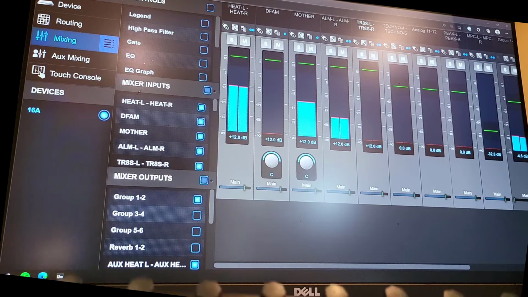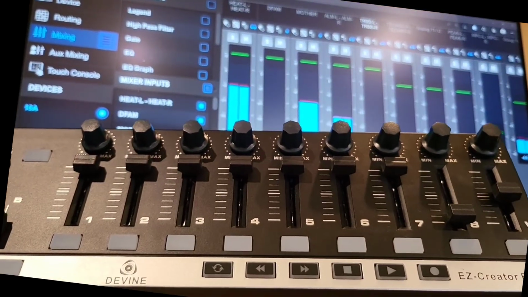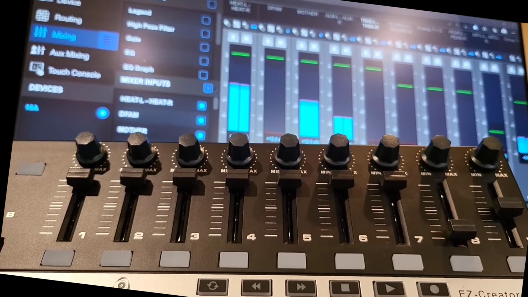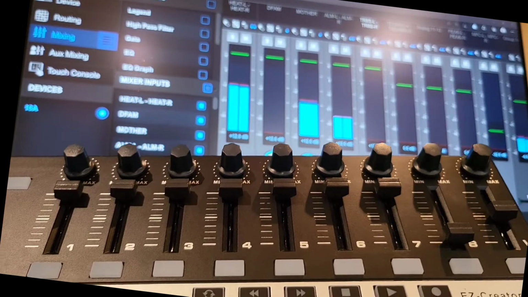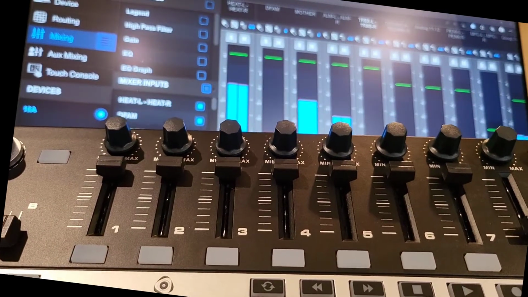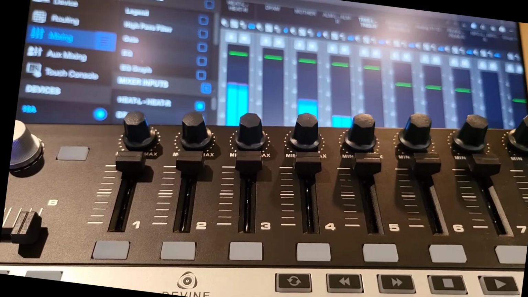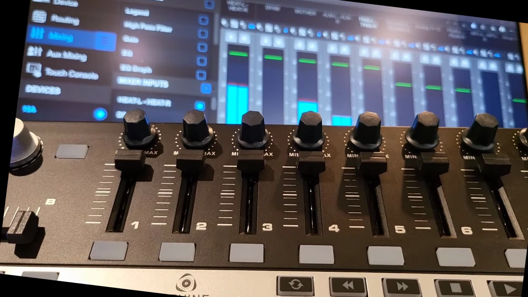So I bought a very cheap MIDI controller. It's called the Devine EZ-Creator Fade. It's a very simple MIDI controller and I picked it up for 25 British pounds new, so it's quite a good price. And what I've done here is I've just set up the MIDI controller to automate the MOTU browser